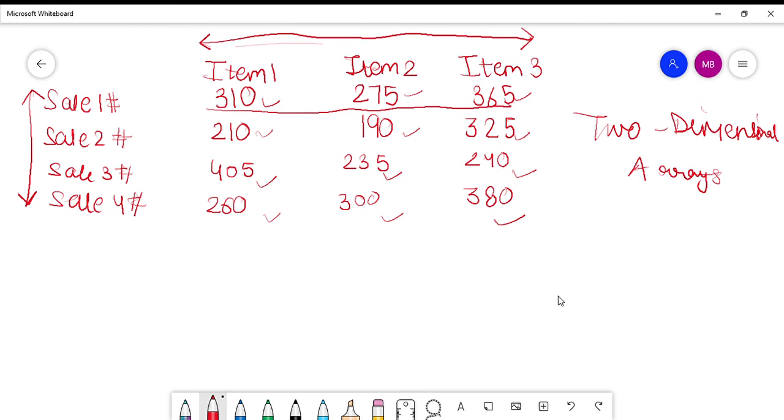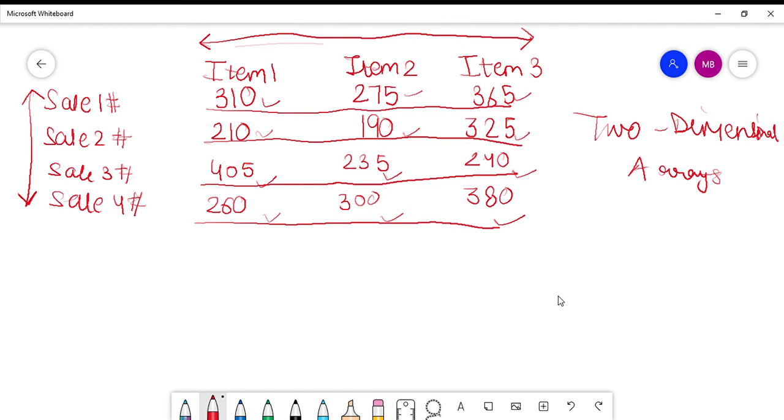Then row 2 has 3 values. Then row 3 has 3 values. Then row 4 has 3 values, right? So 3 values in each row, and in total how many rows? 4 rows. So in total how many values do we have? We have 12 values.